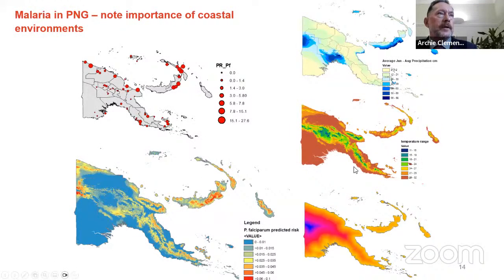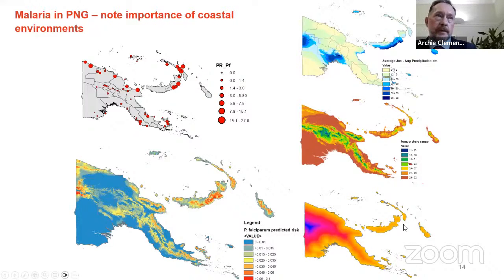Now here we're looking at New Guinea, which is very different, Papua New Guinea. Again, we did a survey, but the variable of interest here with respect to aquatic environments is distance from the coastline. And that's because in New Guinea, the malaria transmitting mosquito, the predominant one is Anopheles peralti, which thrives in brackish environments close to the coast. And so distance to coastline was an important predictor, recognizing that the mosquitoes were more prevalent in these brackish aquatic